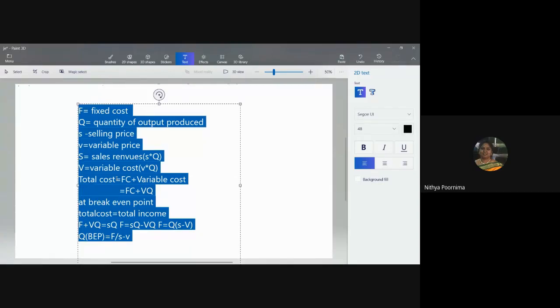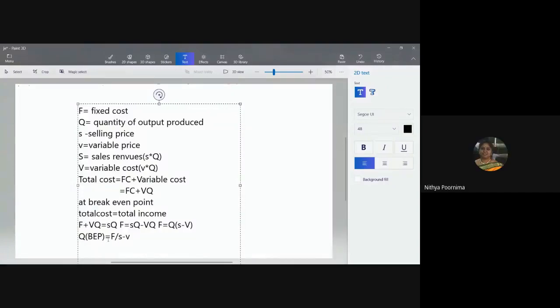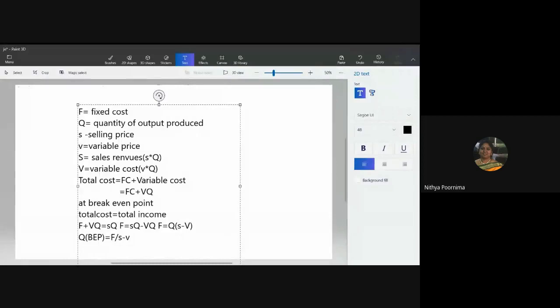I'll quickly take your attendance. Ma'am, what does BEP stand for? Break-even point. What is today's date? 24th. Sai Sumant, quickly answer your attendance. Sai Sumant is there. Those not answering, I'm marking you all absent.